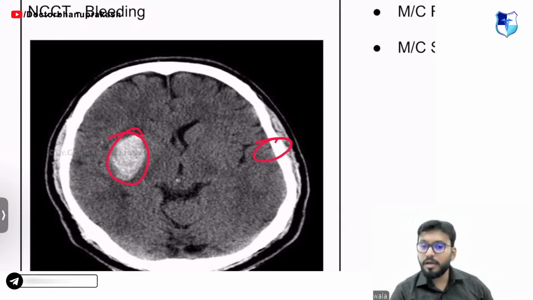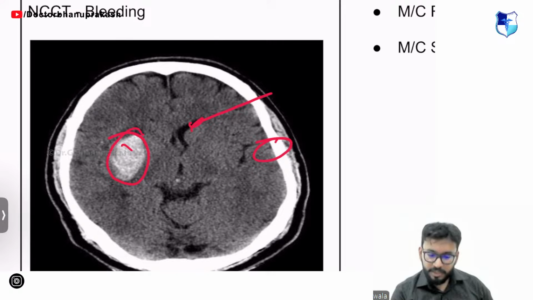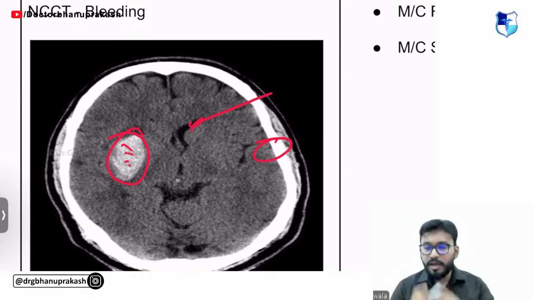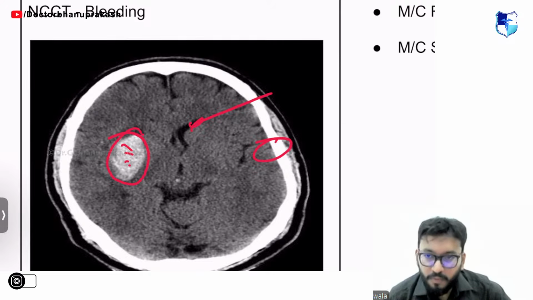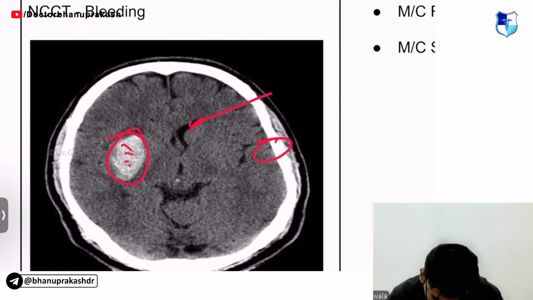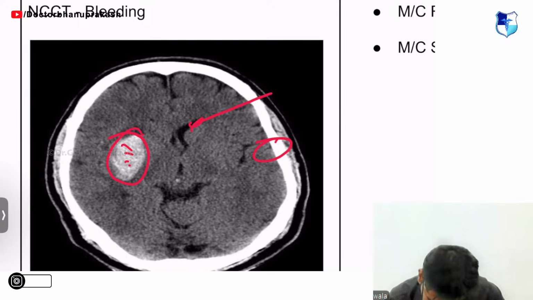You can see the cortical bone. See the CSF. Is it black? Here it is black. And there's something here that you can see. This is not CSF, it's not black. This is not bone, it is not as white. It is something between the CSF and the bone. And I told you one thing that you need to remember. What was that? Yes, that was your hemorrhage. Yes, hemorrhage. Intracerebral bleed, intraparenchymal bleed.